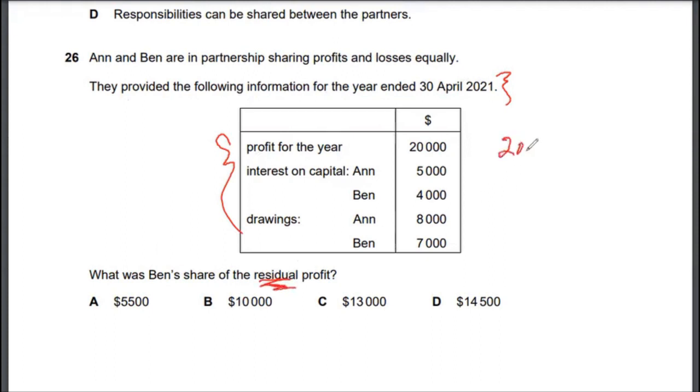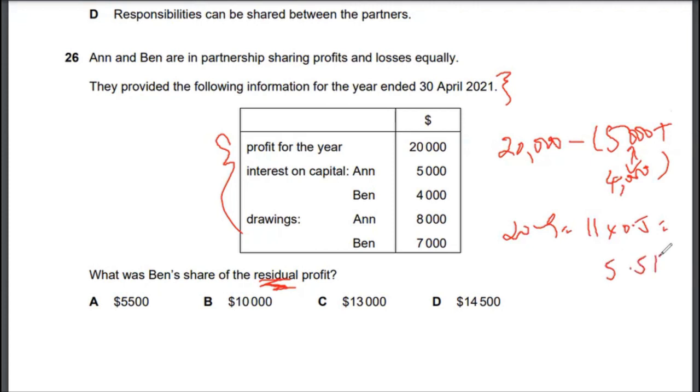So residual profit would be 20,000 minus the interest on capital, that is 5,000, plus the 4,000, and that 5 plus 4 is 9. 20 minus 9 is 11. 11 times 0.5 is 5.5K. So the correct answer to multiple choice 26 would be